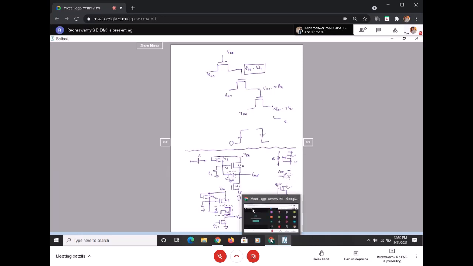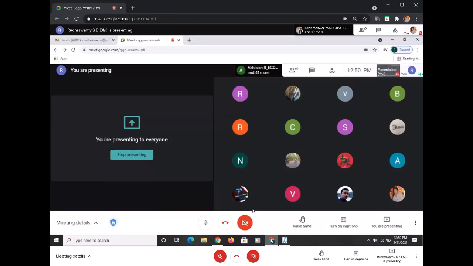So this is the thing that I was supposed to do. Hope this voltage bootstrapping, why, for what, and how we can implement it, is fine. Any clarification? I'm happy to take. Otherwise, I think you can